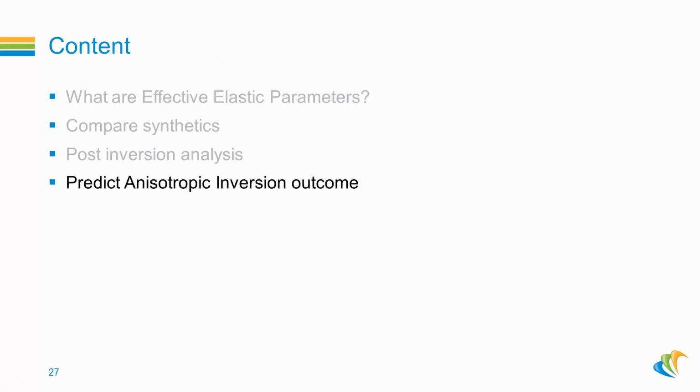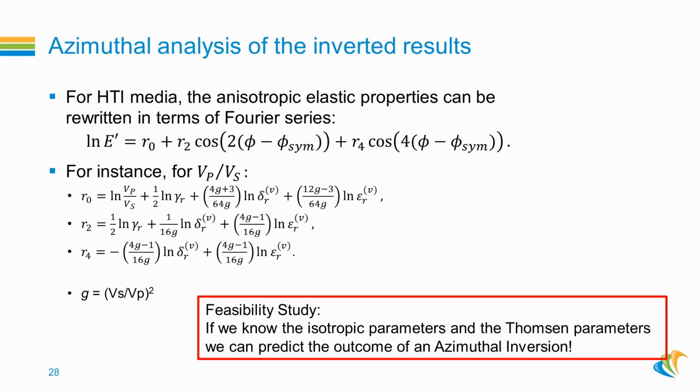Then, as a final point, we can predict the anisotropic inversion outcome. If we know what our isotropic parameters are and the Thomsen parameters, we can already say what we expect will come out of the inversion, of any inversion process. Again, looking at the same logarithm of the effective elastic parameter, this Fourier series,